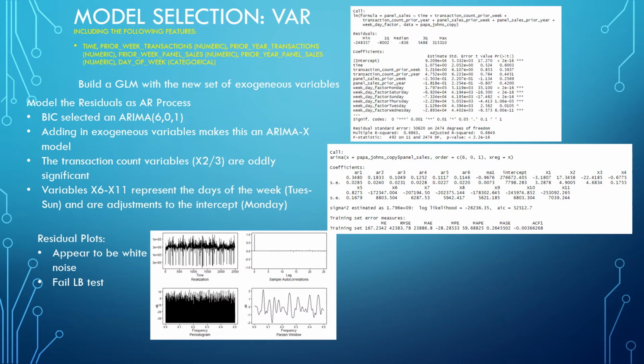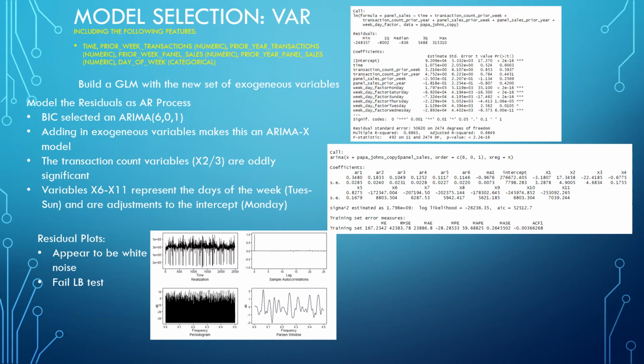So doing that first, modeling the linear process as a regular linear model, we're going to model the residuals of that and see that it fits an ARMA(6,1) very well. By now combining that process together with the exogenous variables, what we've actually created is an ARIMAX model that takes into account the 6 lags, the MA1 component, and then all of the different variables that we've introduced from the exogenous perspective. So the 4 different lag variables and the 6 different dummy variables,